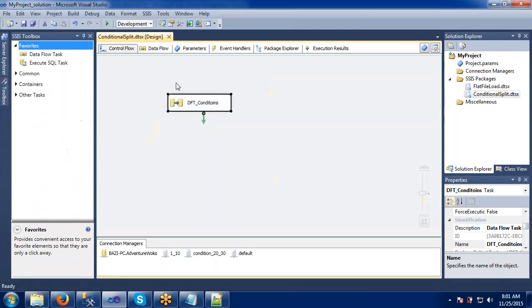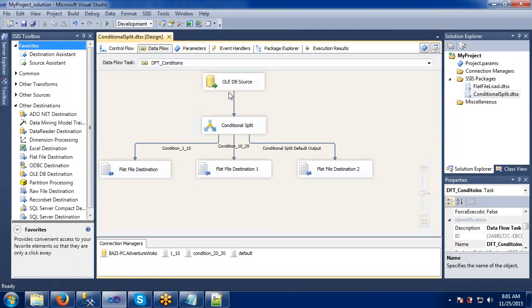In the data flow task I have given some condition, and now the data is split. If you observe, the data is split now. So now this can be a source and some other table can be a destination. The data will be split and moved into some different tables.